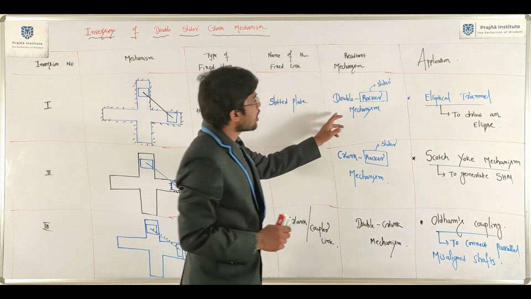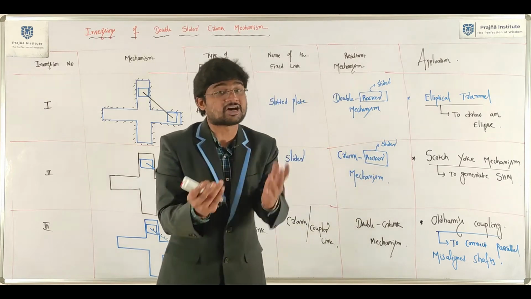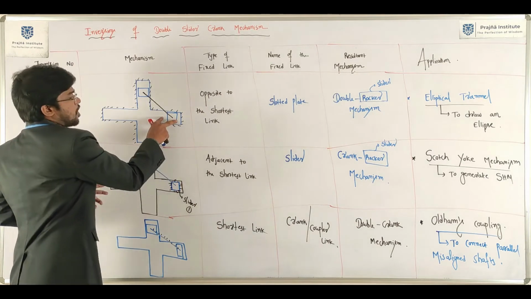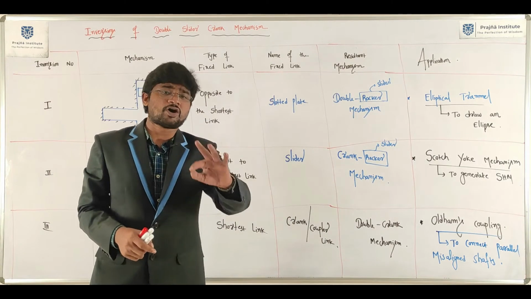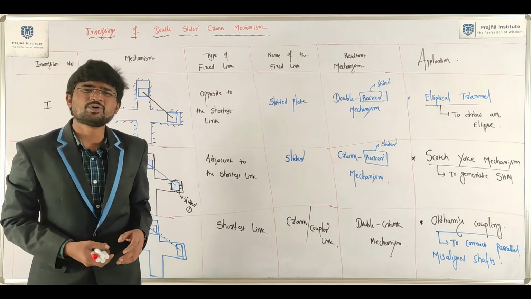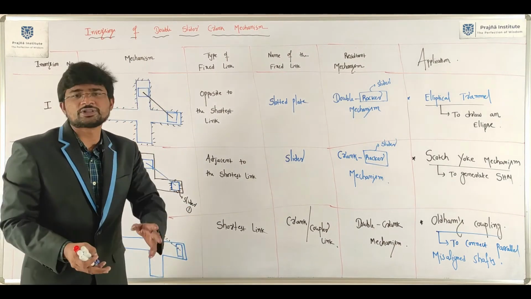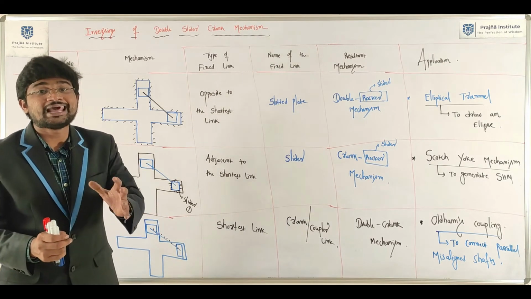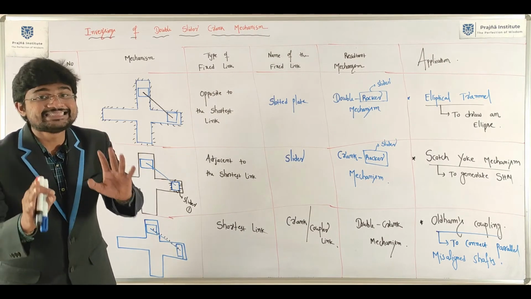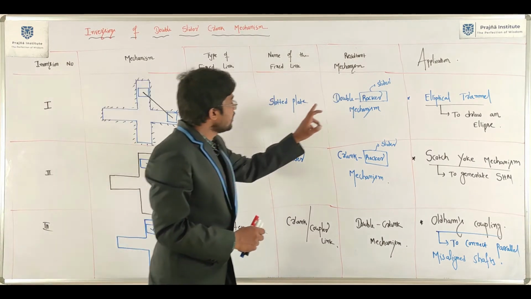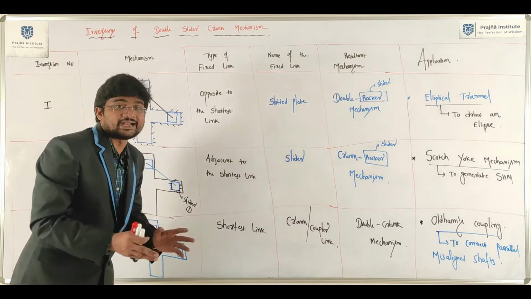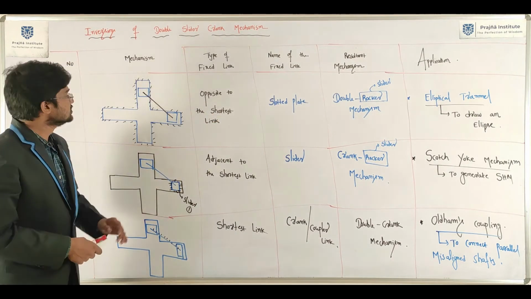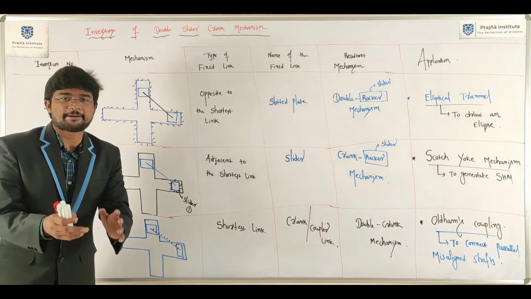Okay, double rocker mechanism, this definition is given by Grashof. But here what are you seeing? Tell me. Rocker and slider, oscillator, lever, more or less the same. So you should know the meaning of slider, rocker, oscillator, lever, crank. In that case, you will get a double rocker mechanism once you fix the link which is opposite to the shortest link. So that is the elliptical trammel.